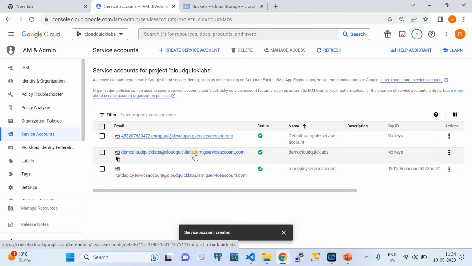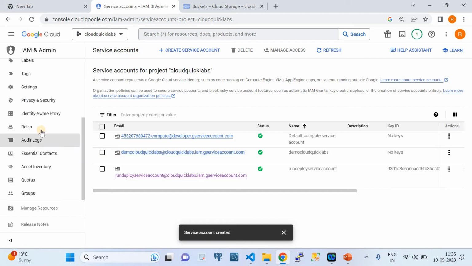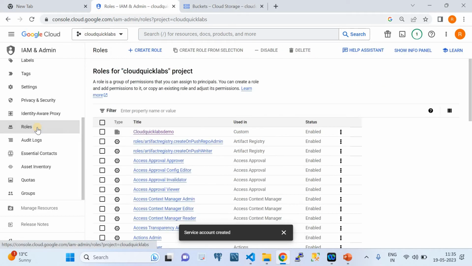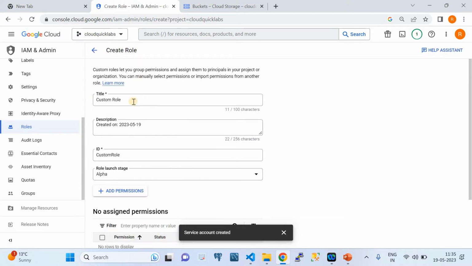Now a service account is nothing but a computer identity or an application identity. Now to that identity you need to provide the permissions. Those permissions can be given in a very dedicated way. For that, we need to create a role, that is an IAM role in Google Cloud, right? So for that, you go to the roles. There is an option on the left-hand side, and there is a button called create role. So click on this role and